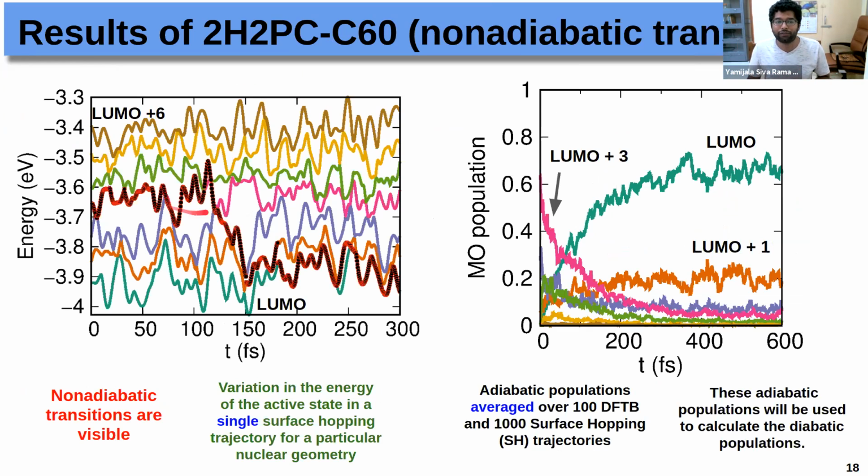So on the left side of the figure, I have shown how the adiabatic energy states of the system change with time. As you can see, there are several places where these adiabatic energies come very close to each other. These are the places where the transition can occur very easily, and where the non-adiabatic coupling vector will also be very high, which means